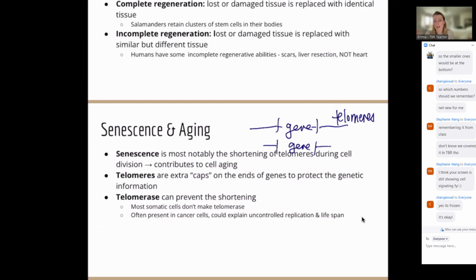If you're in research, you've probably heard about this. So these telomeres get shortened. There is an enzyme, telomerase, that can prevent the shortening, but a lot of somatic cells don't make telomerase. So it's kind of a catch-22. Should we be taking pills of telomerase? Well, there's probably confusion there. So it's just good to be aware of these words. I haven't seen these come up super popularly, but it's good to know.